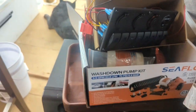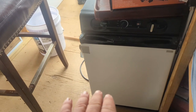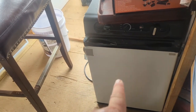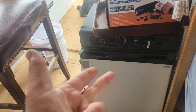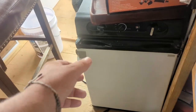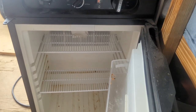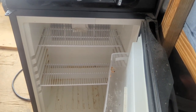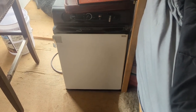Now, I'm thinking about just taking this refrigerator out of this boat and somehow putting it somewhere in the sailboat, because this works on 12-volt, propane, and 120, so it'd be great, and it has a freezer section. The whole top shelf turns into a freezer. So I'm thinking about putting this on the sailboat somehow, some way. Not sure. And then